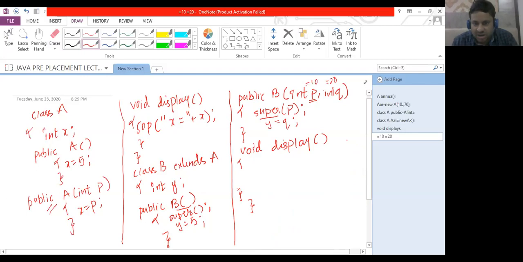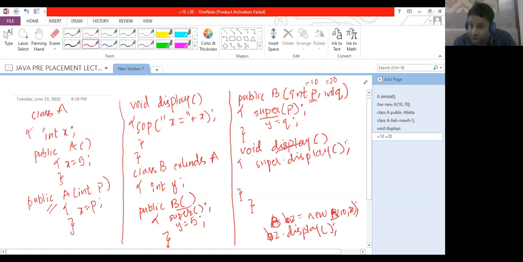now suppose I created A2 equals new A(10, 20), correct, and I said A2.display. Now when I say A2.display, this will call A's display. And suppose we have B2 equals new B. So now we'll say B2.display. This B2.display will call the display of class B. From here, I wish to call the display of class A. So what I'm going to write is super.display.